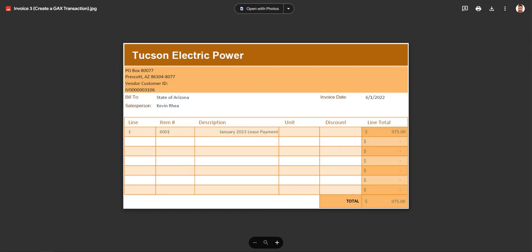Hello and welcome to creating a general accounting expense or GACS transaction without the help of a general accounting encumbrance or GAE transaction in AZ360. We will be demonstrating this process in one of our test environments, and the screen has been zoomed in for optimal viewing. In our training scenario, an agency has received an invoice for a January 2023 lease payment that has